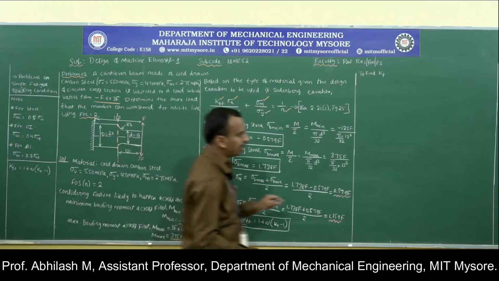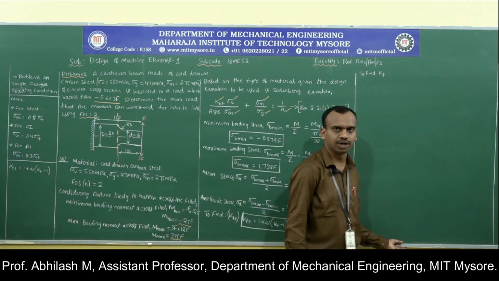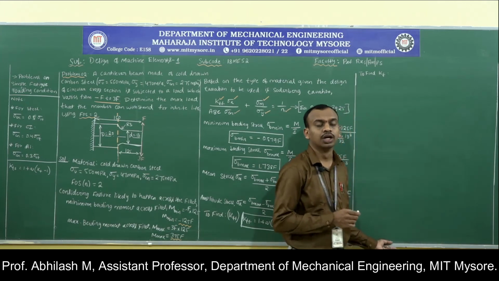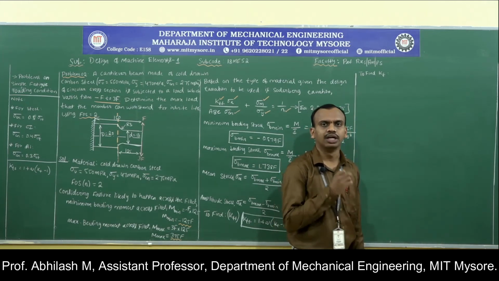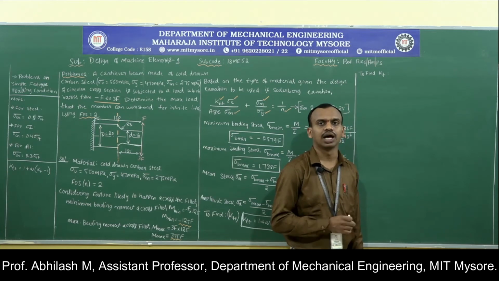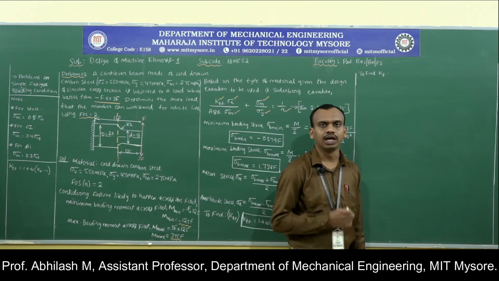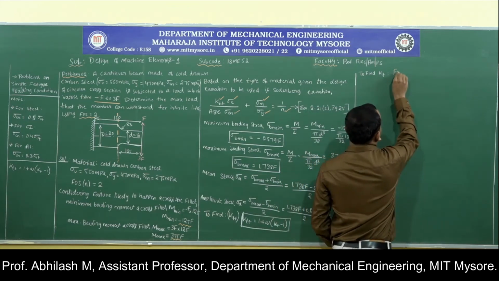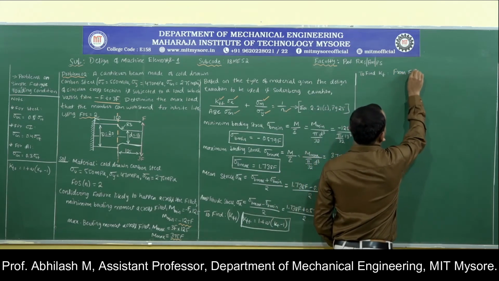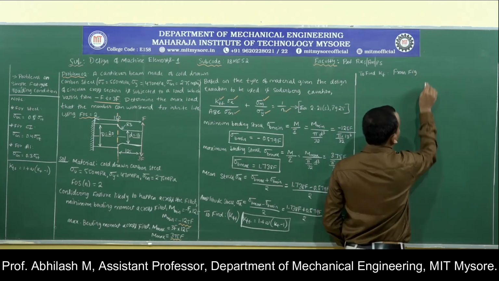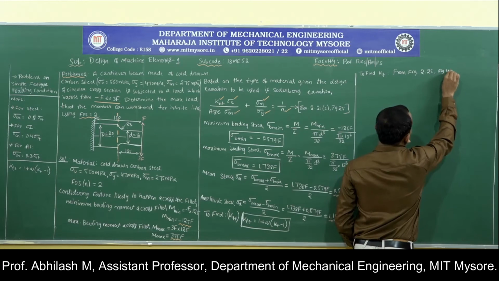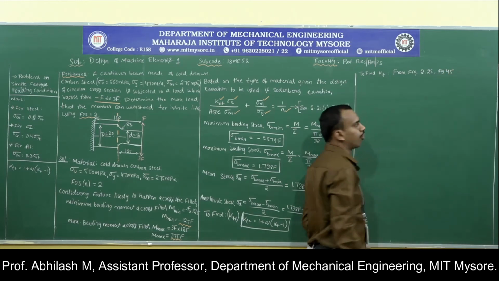Now, if you refer to that particular figure, we have two things to note down. What are the two things? We should calculate the value of D by d ratio. We should also calculate the value of r by d ratio. So, if I look into that figure, that is from figure 2.25, under page number 45,